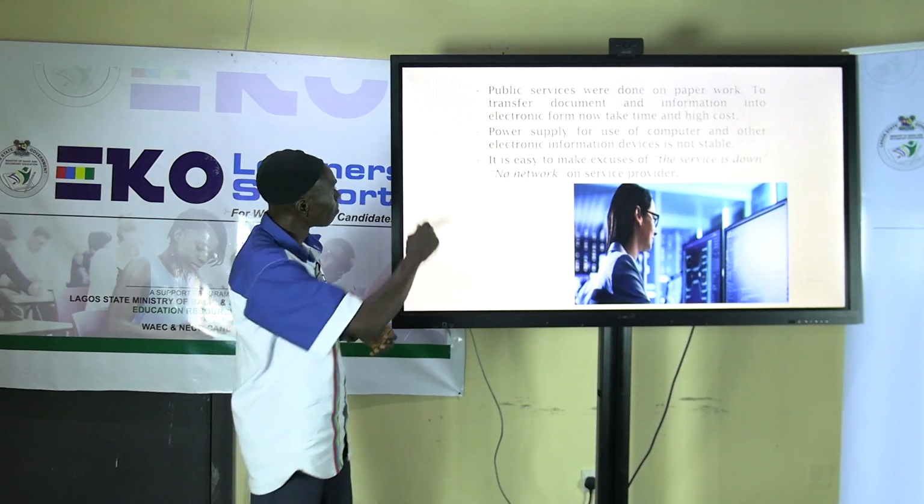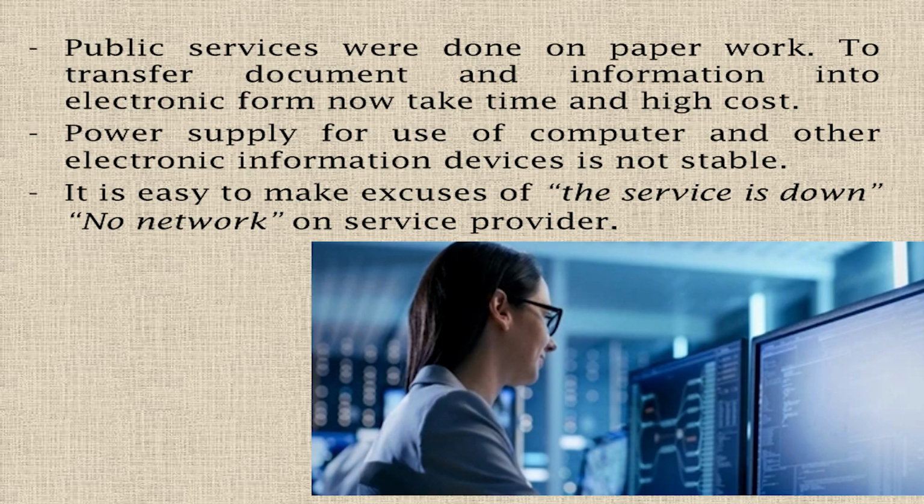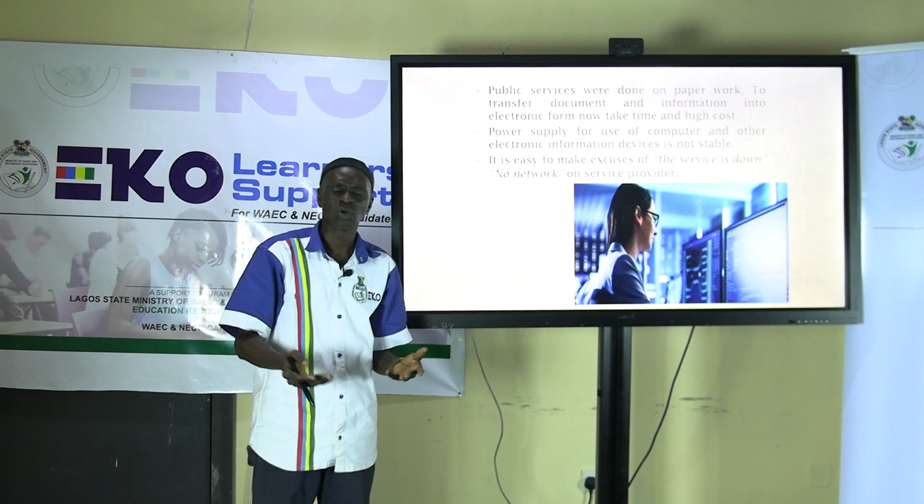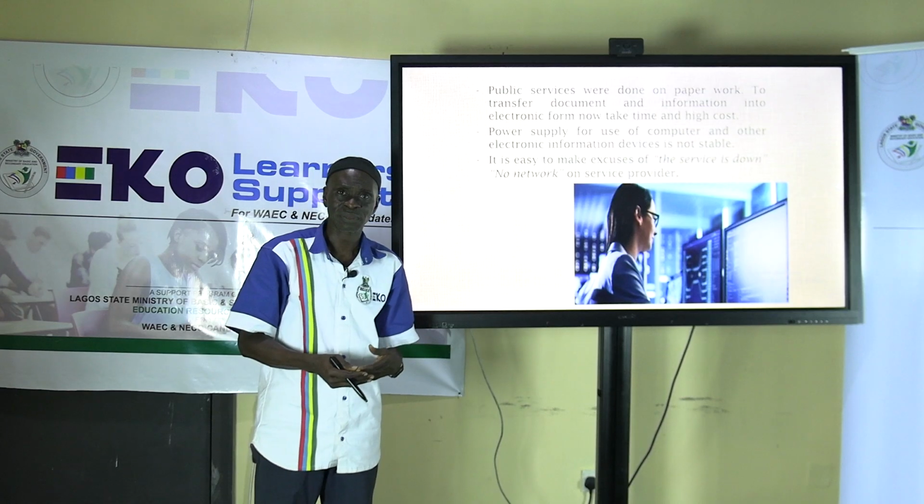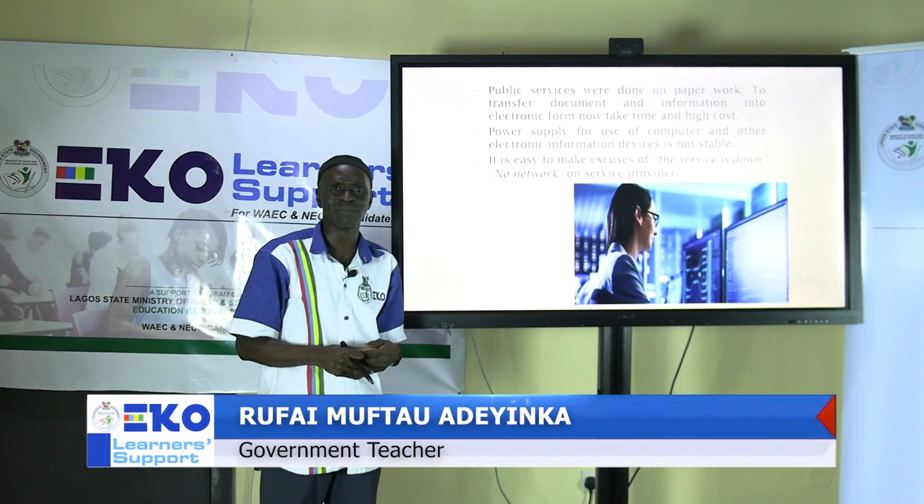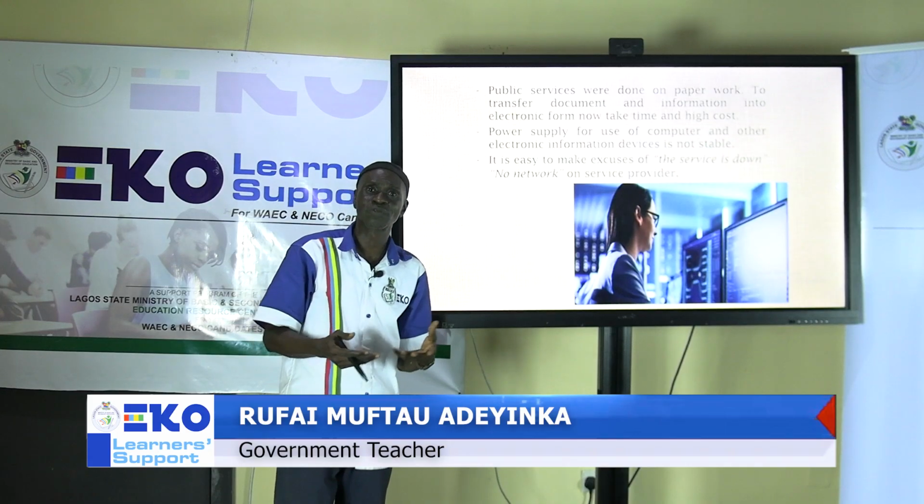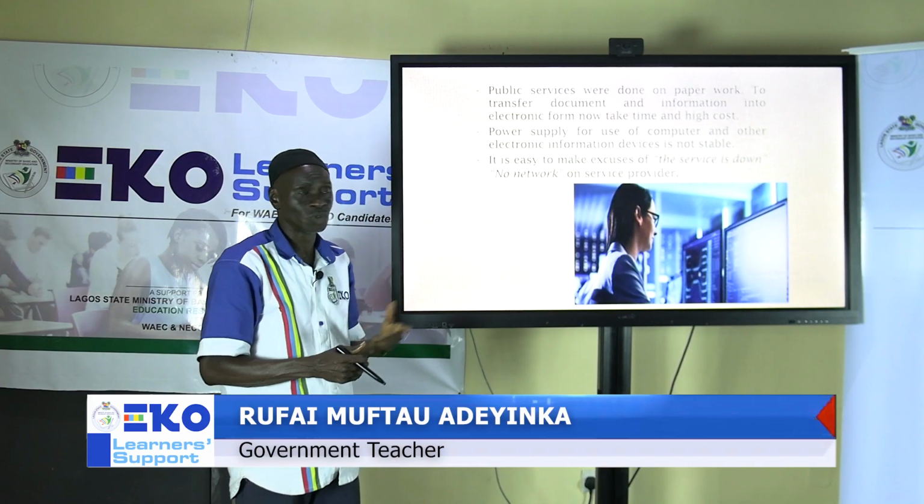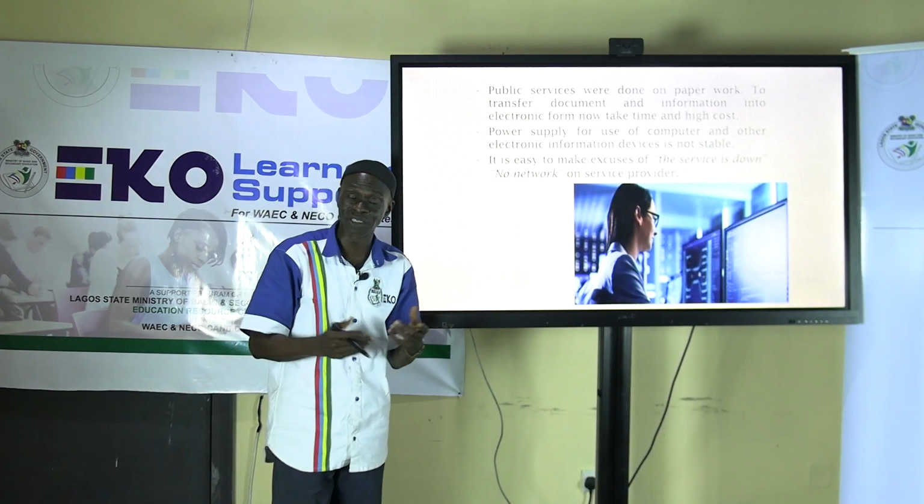that we are talking about. Power supply for use of computers and other electronic information devices is not stable. Yes, especially in the developing countries where power is not stable. Some will tell you, I was not able to charge my phone. Oh, my laptop is down. The battery is at zero. When you have this, it is a problem for e-government, not only for individual users of these digital devices, but